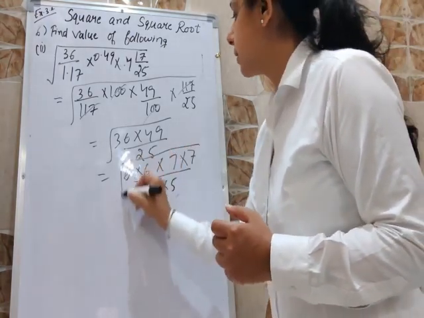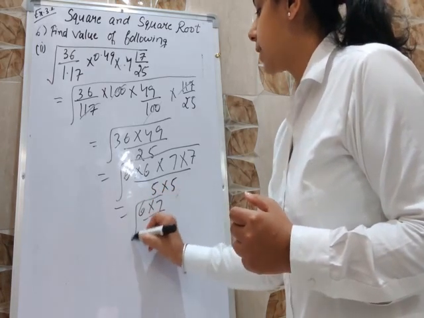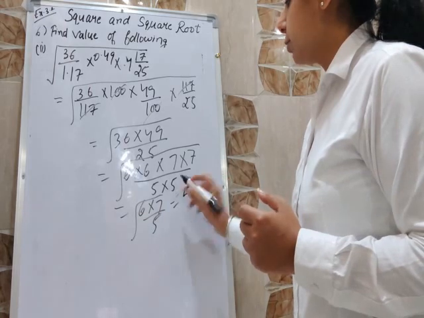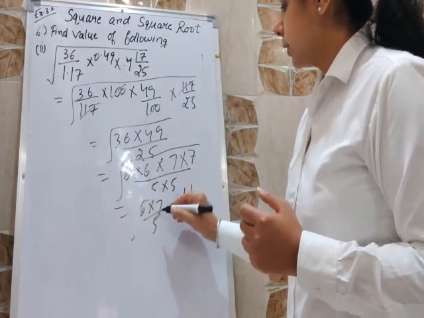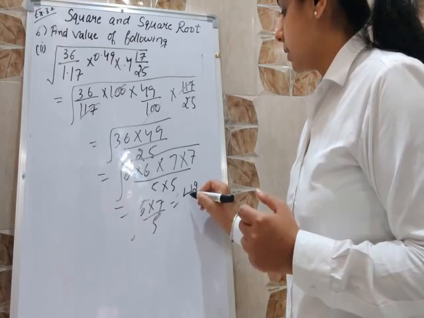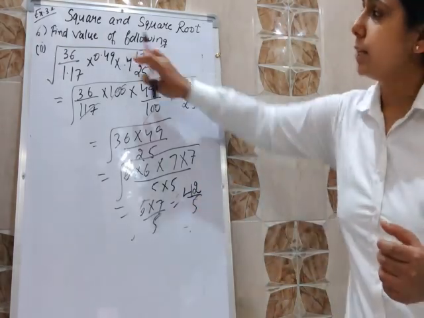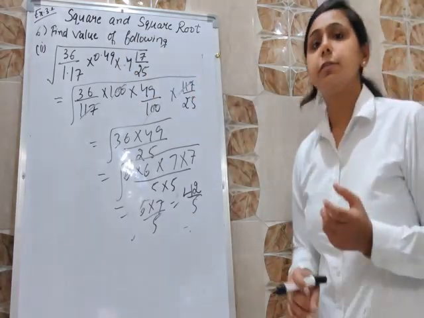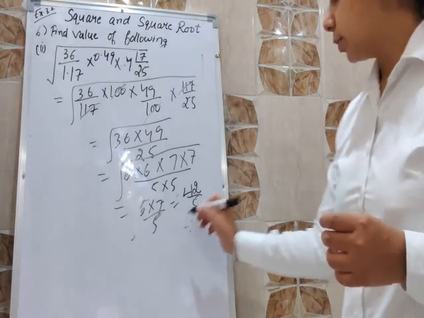So what will you get? 6 multiplied by 7 by 5. That is 6 2s are. Of course, we have taken the square root. So 6 2s are, 6 7s are 42 by 5. So if the question is given in the form of decimal or mixed fraction, you can write your answer in your own way. So you can write here